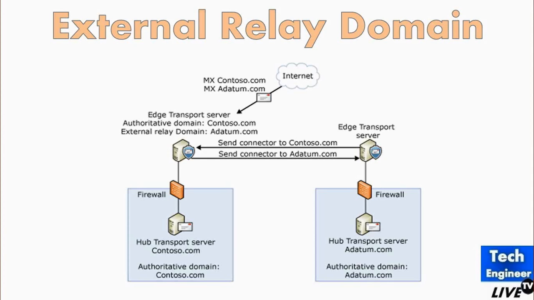So this is what exactly happens in the internal relay domain and the external relay domain. In the internal relay domain, mail is moved forward through the Hub Transport, but in the external relay domain, it is moved forward through the Edge Transport server itself, and it is not even doing the processing part. So this is